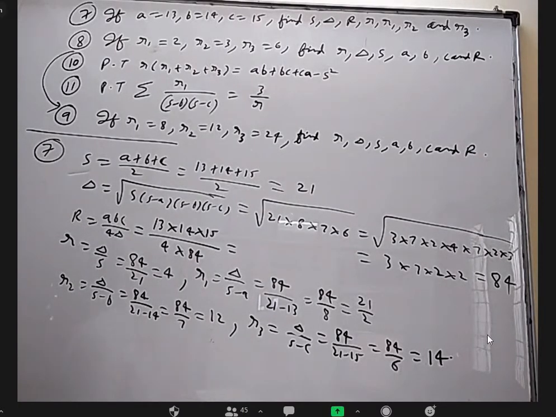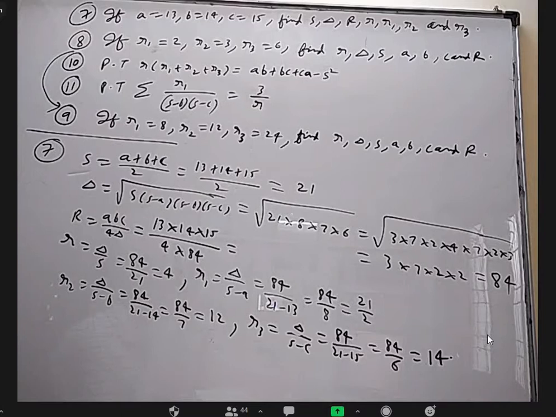Okay, in the 8th question, anybody want to give an idea how to find smaller r? Sir, we will use the previous result. 1 by R1 plus 1 by R2 plus 1 by R3 is 1 by r. You can use that result as a formula. Then how will you get delta? Delta equals root over r into r1, r2, r3. Yes, r r1 r2 r3 is delta square.